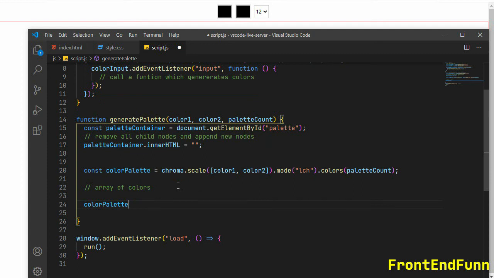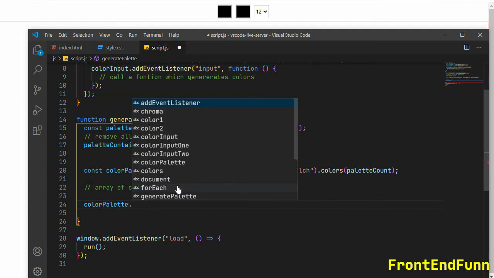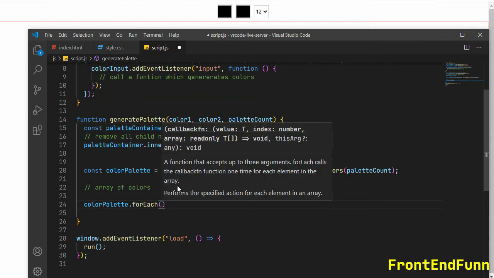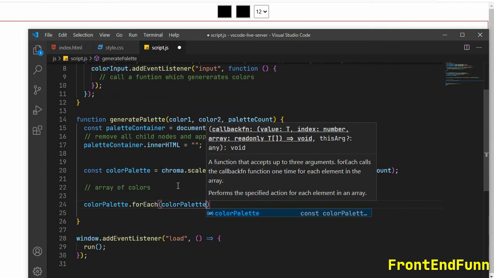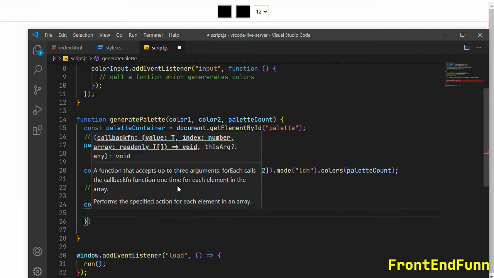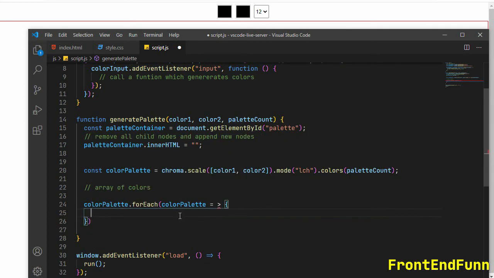So colorPalette.forEach palette. For each palette, what we want to do is create an element and append the element to the palette container. To create an element, I'm going to use a const here, paletteItem. Okay, here is an issue here.